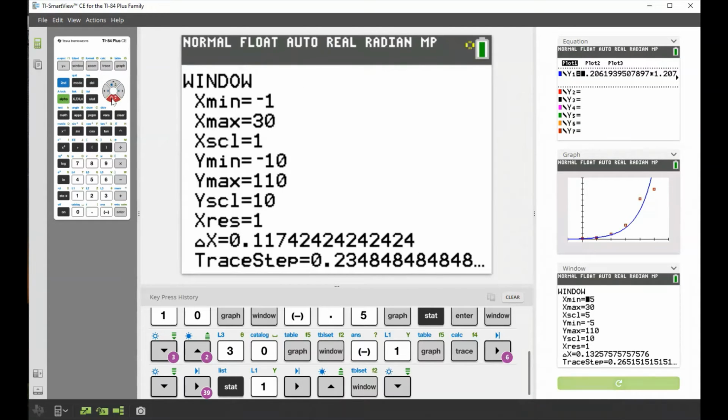So what I've done is I've set the X values to go from -1 to 30, so I get a nice picture. And it'll scale it with a little tick mark every 1 unit. But maybe I want to change that to scale every 5, right? And then for the y-axis, I'm going from -10 up to 110, but I wanted to place a tick mark every 10 units, so I put 10 in there. That should do it. So when I hit graph,